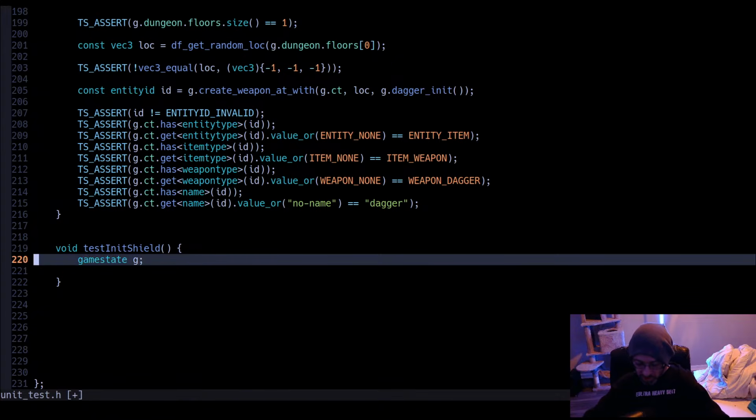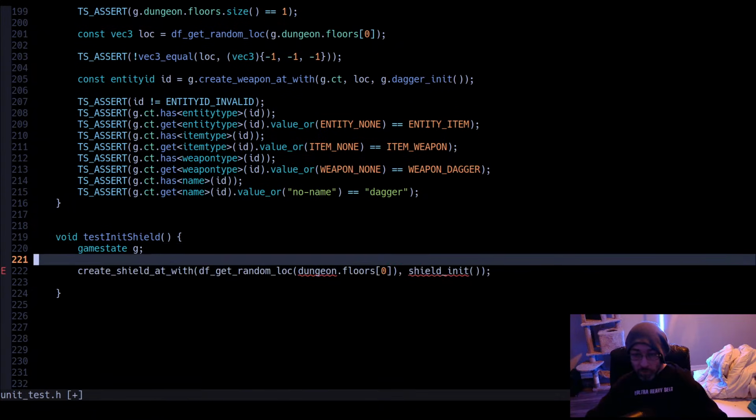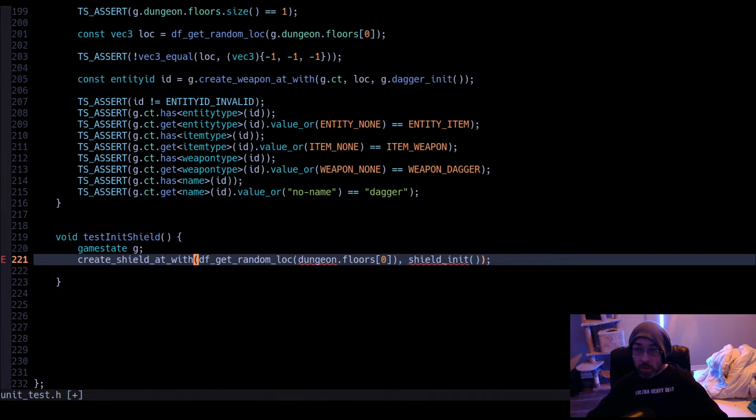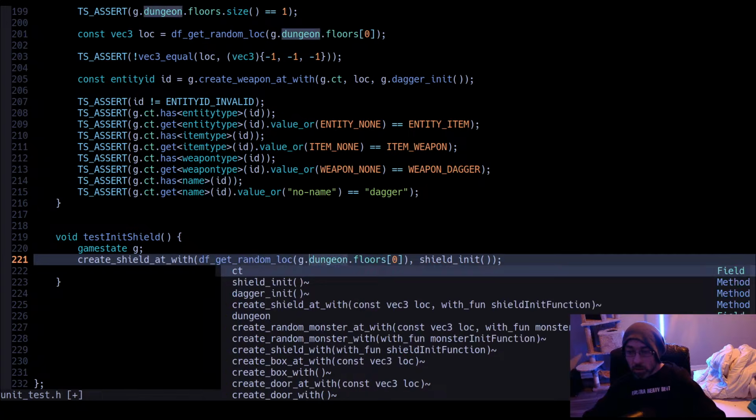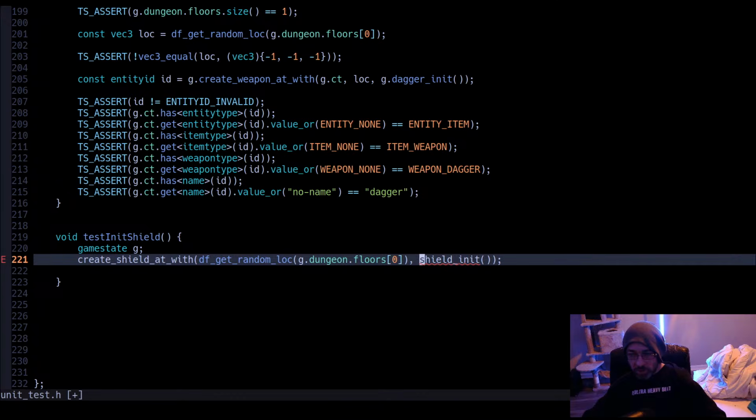Then we could just call create shield right away. We have to change the parameters so that we're using G to reference everything. What create shield at with would return is an entity ID.